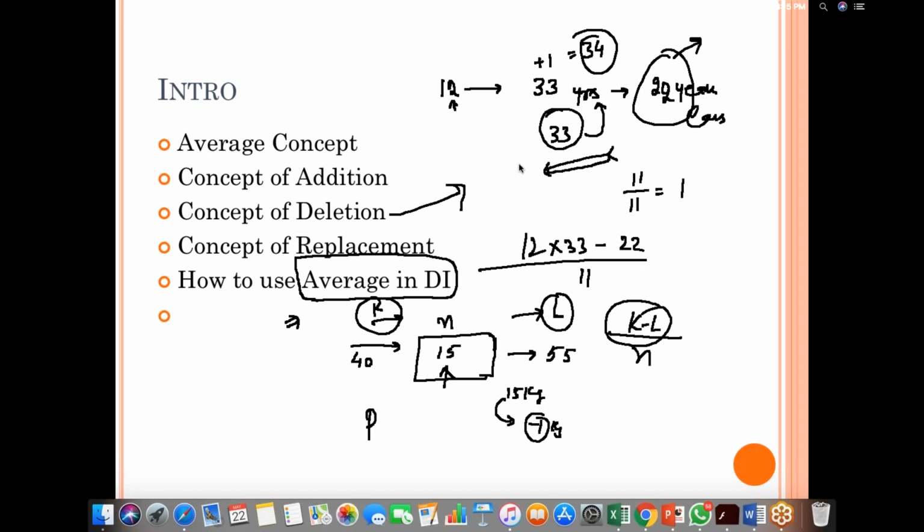Sachin, you want the concept of deletion once again. Okay, Sachin, in concept of deletion, if one person goes out with average, then it doesn't matter to average. But if one person goes out with more than average, then my average reduces by the difference. If my person goes with less than average, like this happened here, he was supposed to take 33 and the person took 22, so he left 11 for the group and 11 will be divided among the group.